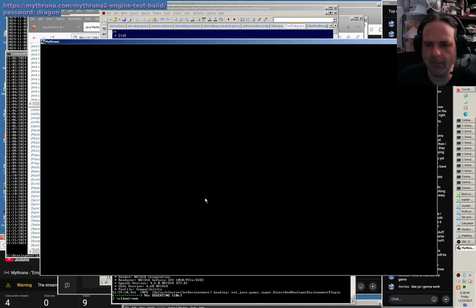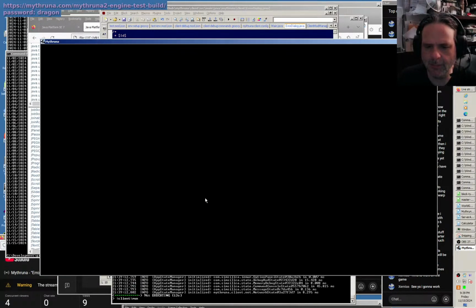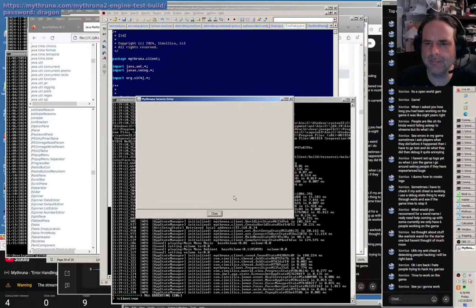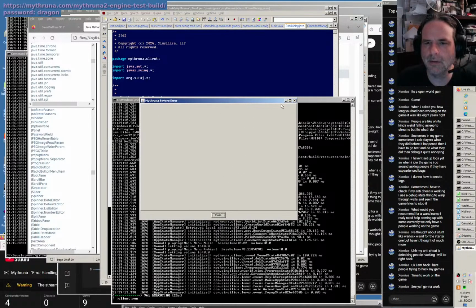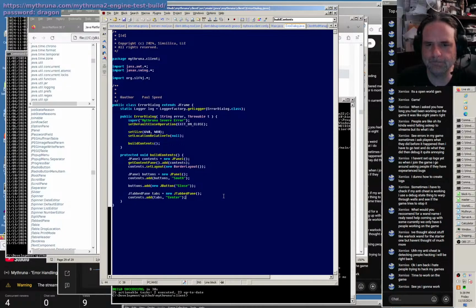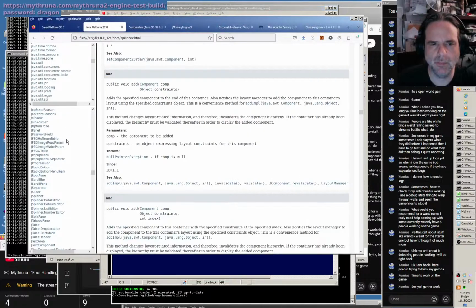So if we start it up, it should die right away. We see what our UI looks like. Okay, so we've got no tabs in our tab pane, but we do have a close button that doesn't do anything. So we're good there. And we need to add some tabs. But it's starting to look like a thing. And what does dispose on close actually do? Anyway, a JButton